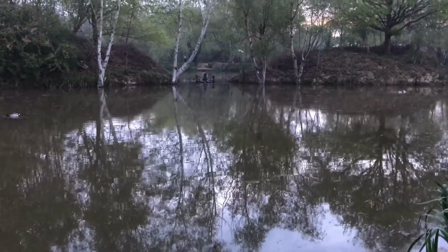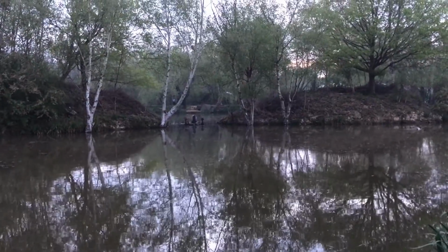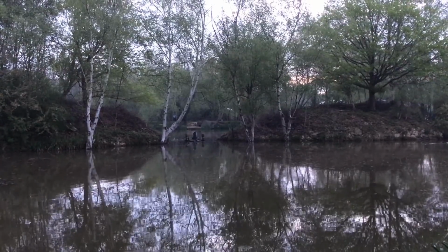So it's always a result when you can get one and do some decent photos and videos. I'll show you exactly where my baits were and where I got it from. Basically what I did was clipped up quite a few casts to the right hand side silver birch. Now if you know swim 2, you'll see there's 2 islands split with an aerator. Right hand side silver birch,